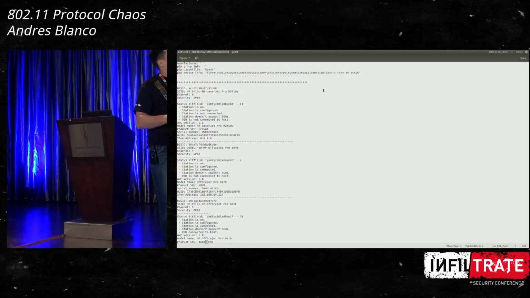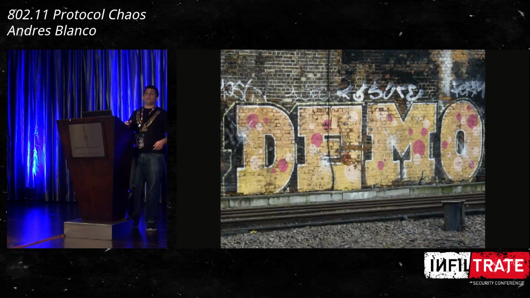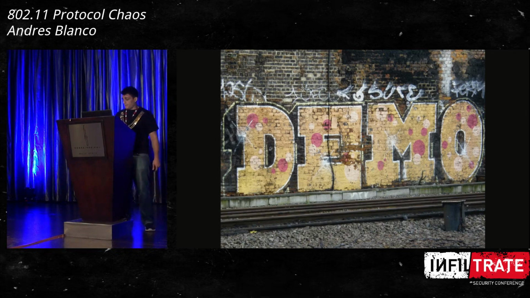Here we have another, this one is protected by WPA2. We are going to talk about that later, and it has an IP address from the internal network. So again, all this information, I only take some examples, but there are a lot of them. And I only walked, okay, went 2 blocks and came back 2 blocks. So if you go through Miami, you're going to find a lot of these devices. Things will get better, will get worse at the end of the presentation. Not for us, for other people.